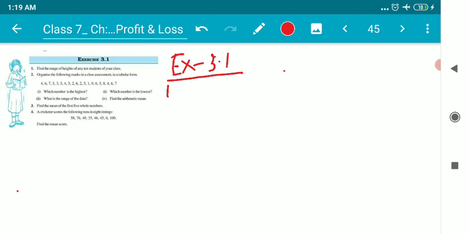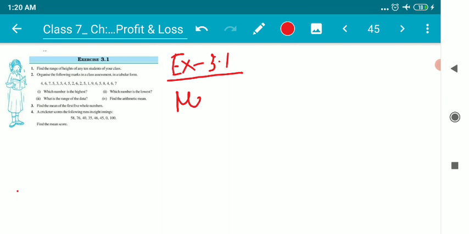Question number 4. Let us understand what question number 4 is all about. A cricketer scores the following runs in 8 innings. A player has played all 8 innings, or all 8 matches, and we are supposed to find the mean score of the player. Children, we know very well that mean actually means average. When we are talking about mean, it's an average of some group of numbers. When we are given some set of numbers or data, and we try to find the average of those data, it is known as the mean.